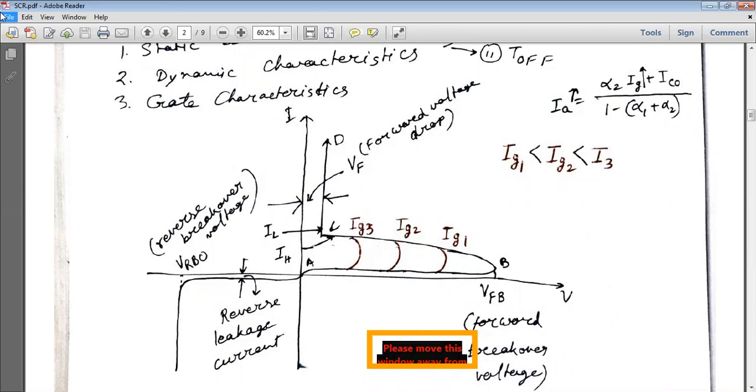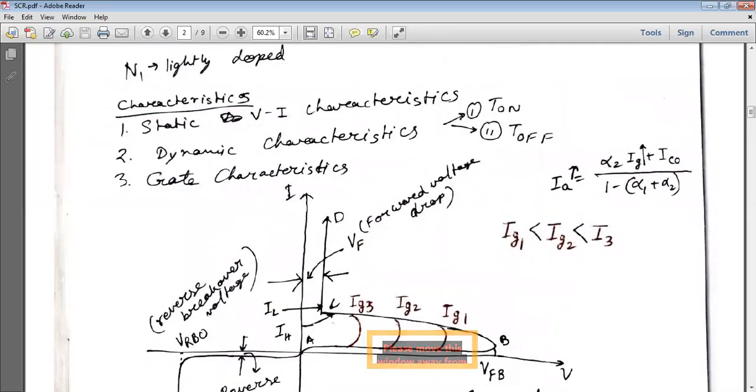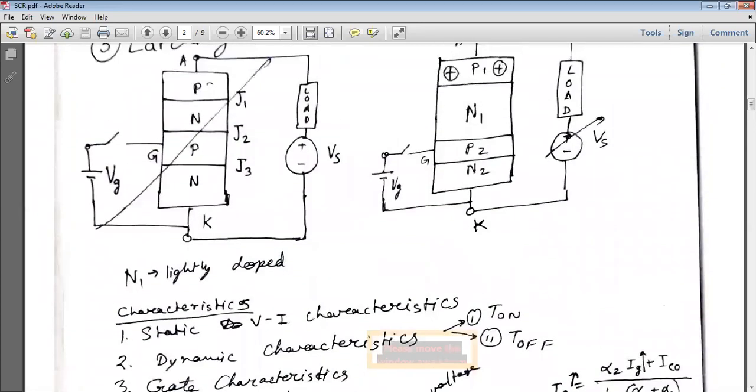Now in the reverse condition also, this happens during the on state, that is forward conduction. For the reverse, there is a reverse blocking state, and there is also a reverse breakover voltage, and after the breakover voltage it comes to conduction. Okay, so first of all, during forward bias condition,